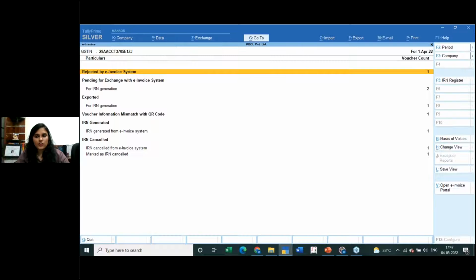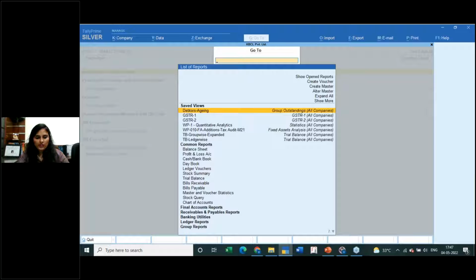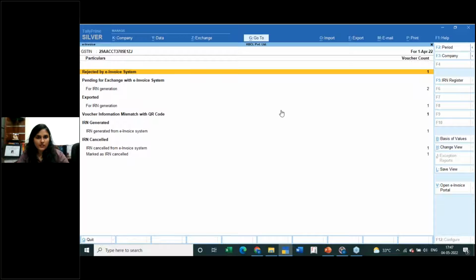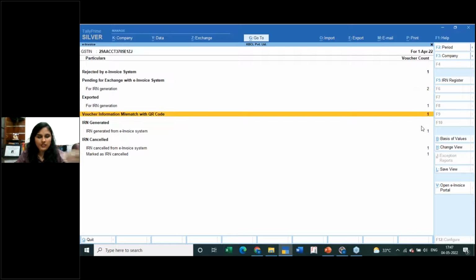It will come and show in this e-invoice register, which is directly from GoTo. You can just click on e-invoice. The shortcut to GoTo is Alt G, which you can easily see. If there's a single line below the letter, then it is Alt plus that letter. If there is a double line, as over here if you see B, then it is Control followed by the letter. So if that is done, you can see the list of invoices that are over here, and